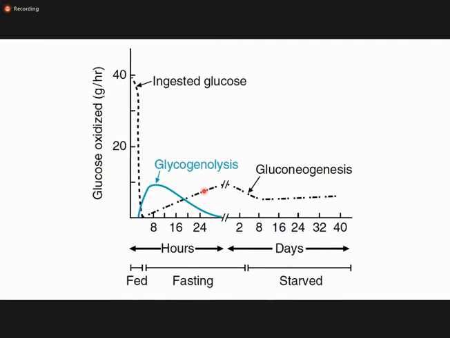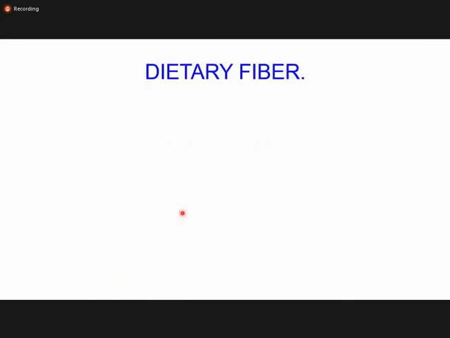Our Ramzan days are approximately 13 to 14 hours. So gluconeogenesis has already started, and glycogenolysis, after reaching its peak at approximately 8 to 10 hours, is going down. So both pathways are being activated at the end of our fasting, approximately 14 to 16 hours. Both pathways, glycogenolysis and gluconeogenesis, are being activated and providing the glucose for glucose oxidation. Now,